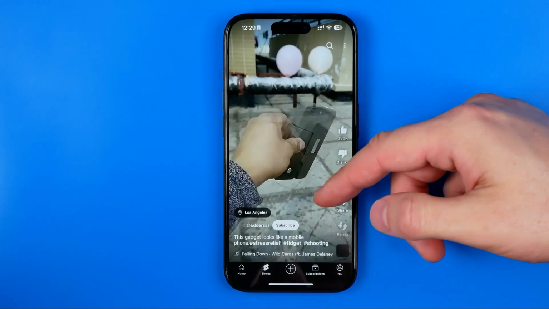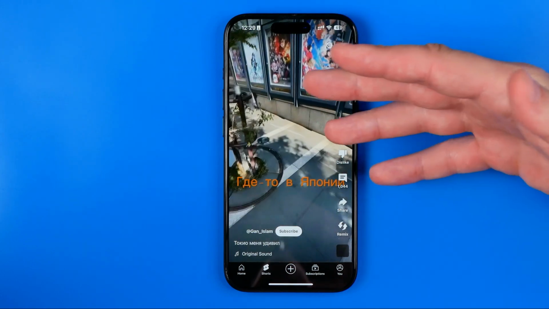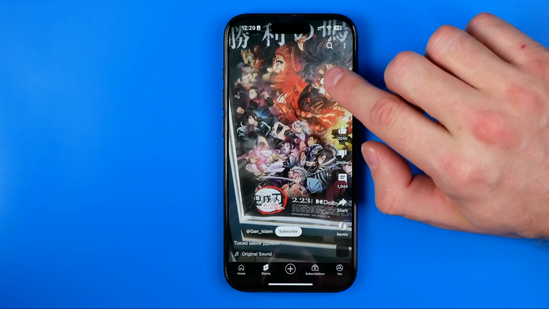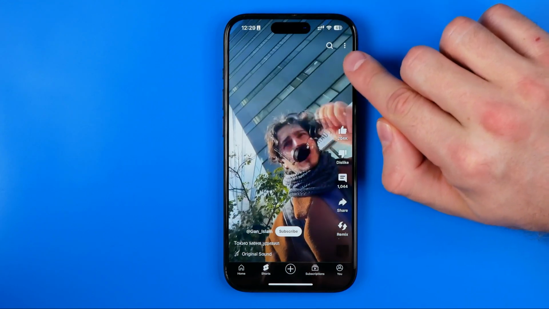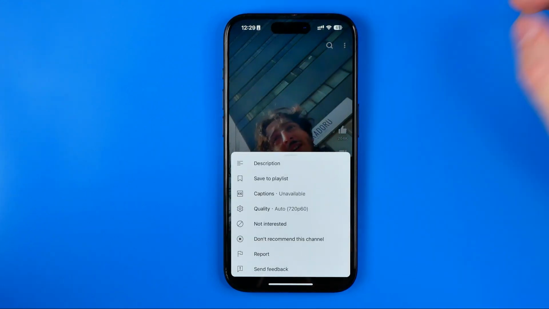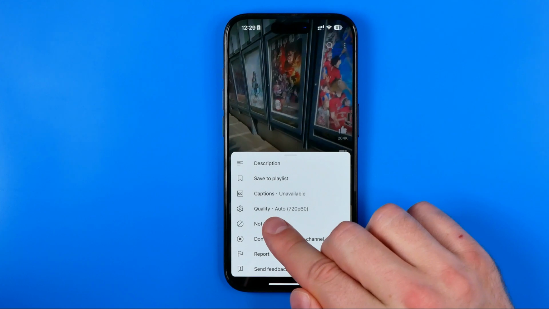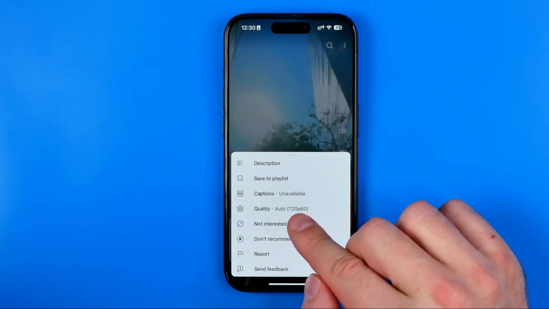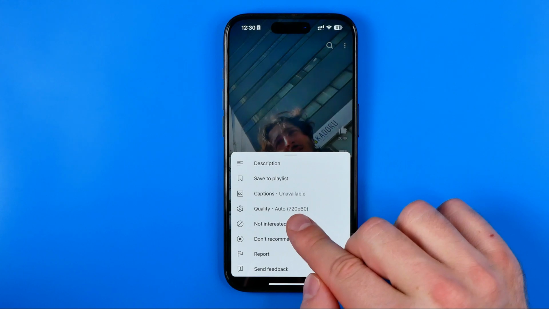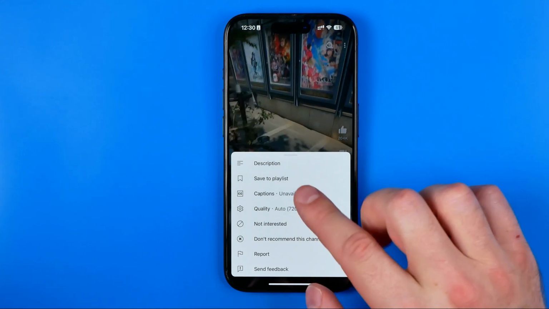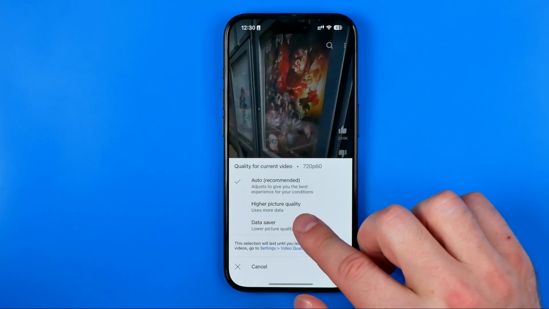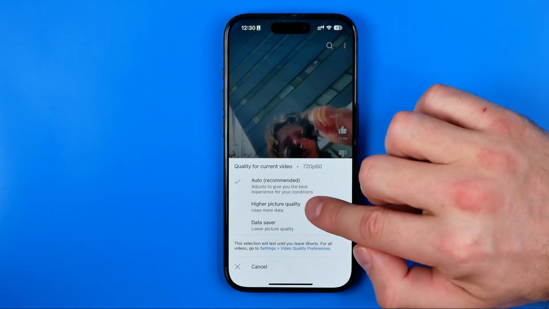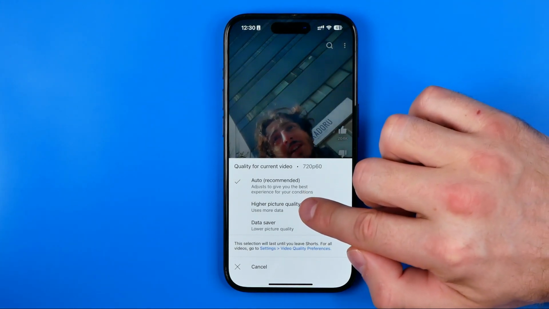However, let's say we would like to change that short video's quality. We need to tap right here at the top right corner at these three dots. That's where we can easily find quality. Now it is set to auto, which equals in my case to 720p at 60 fps. However, if we get in here, we'll be able to increase the quality by selecting higher